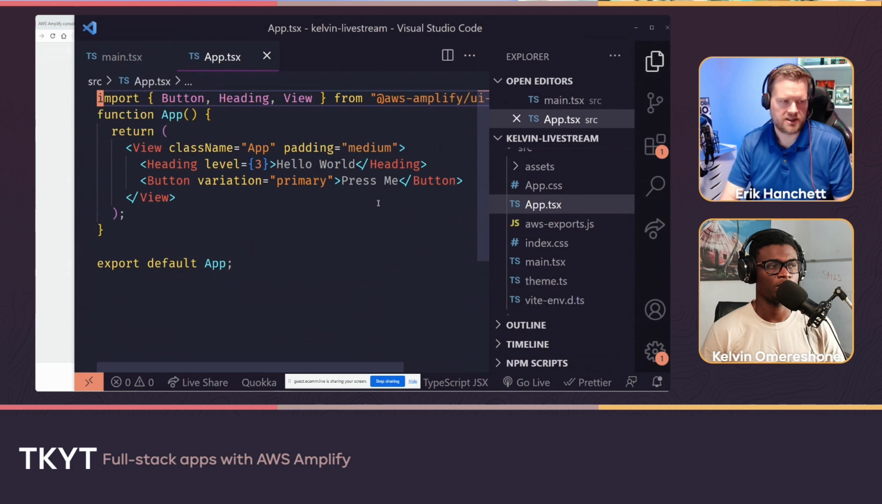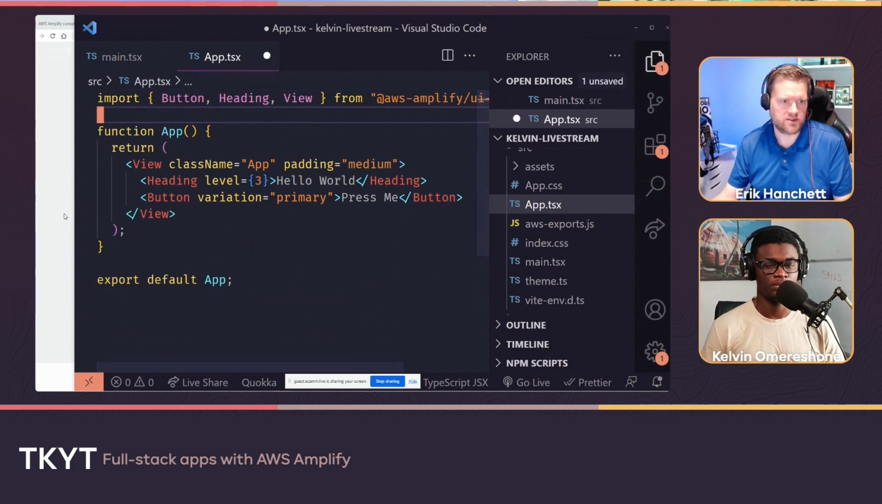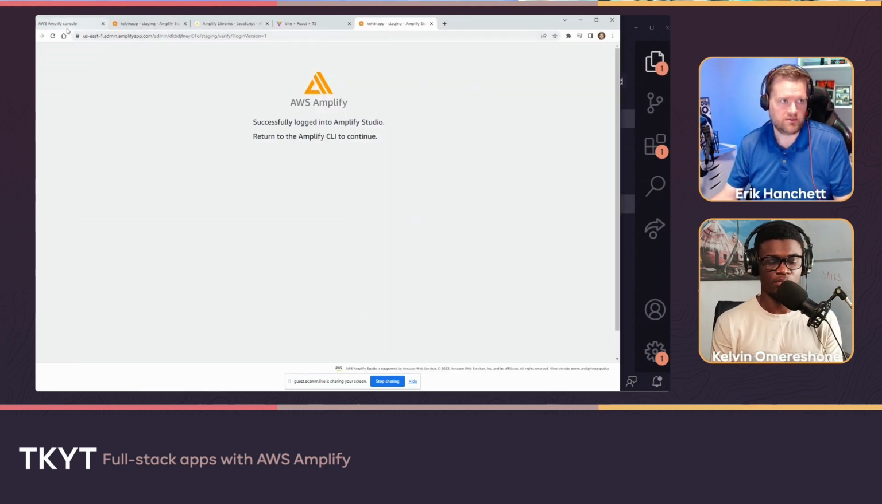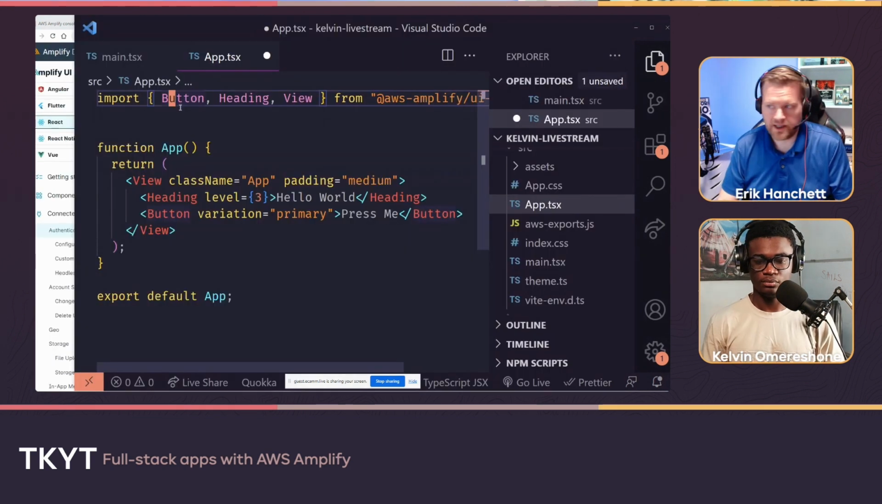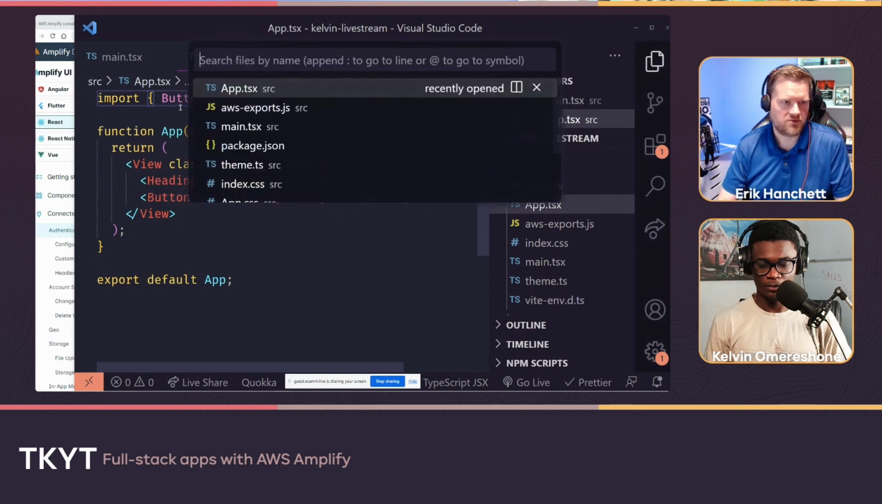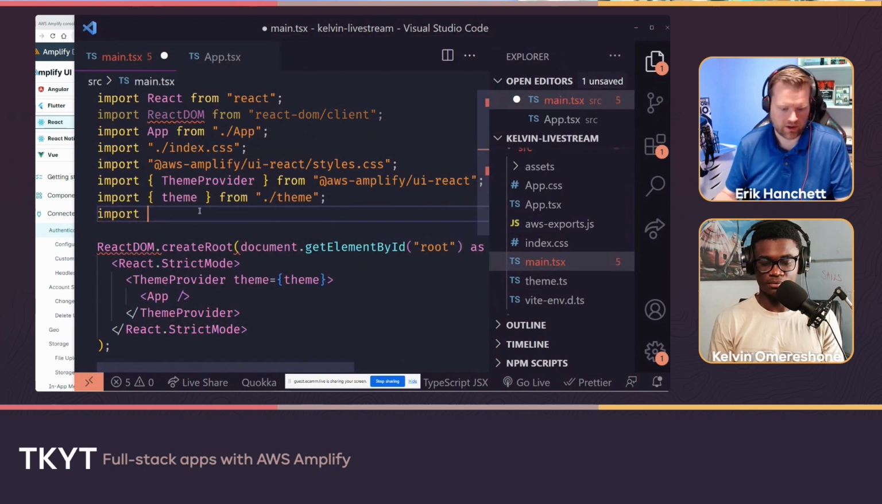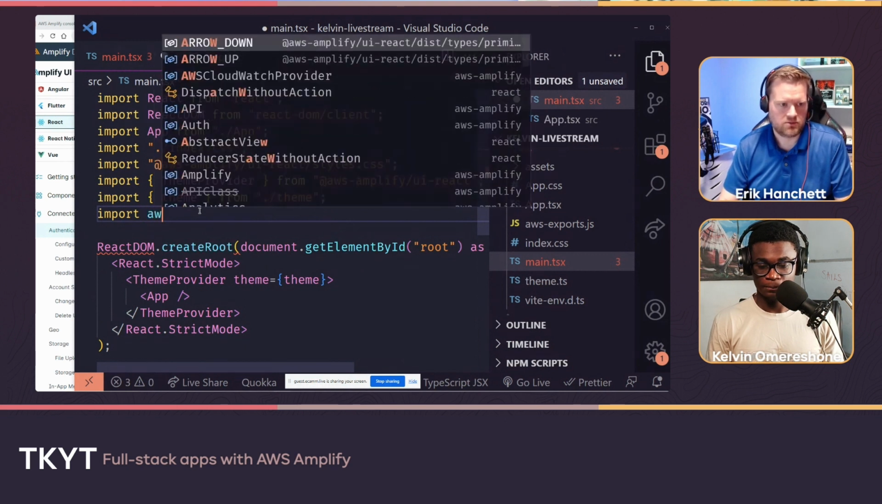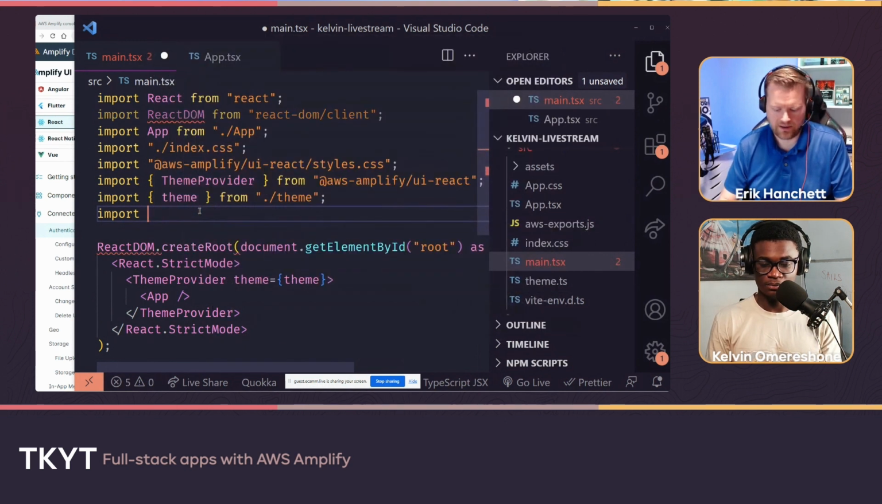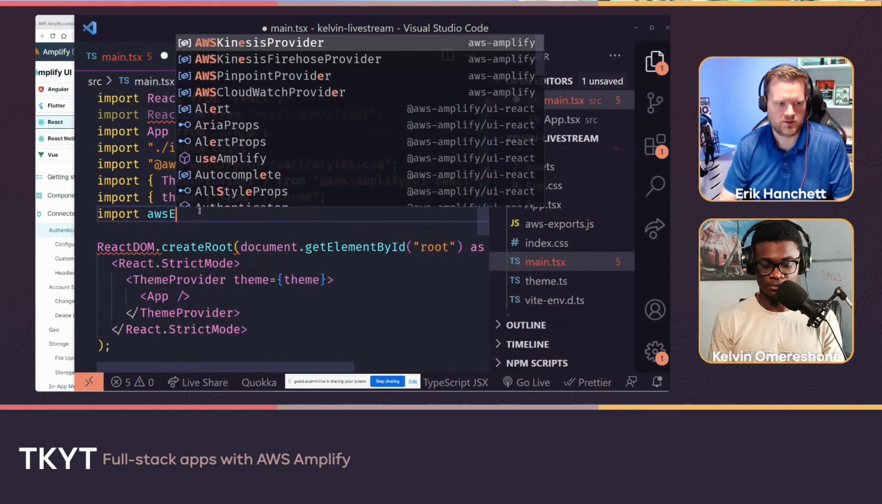I'm going to go back to my App.tsx. I guess the point being is we want to see if we can add that authentication back into our application here, so someone could log in. So actually, first I'm going to go to main.tsx, and I'm going to import. Now this AWS exports file has all our credentials in it, so we're going to configure that. So I'm going to import aws-exports from